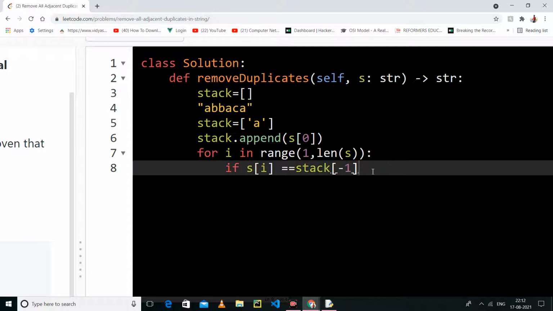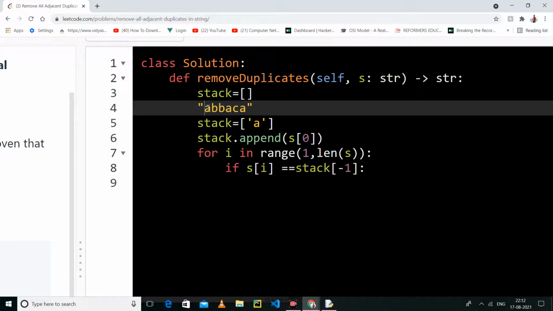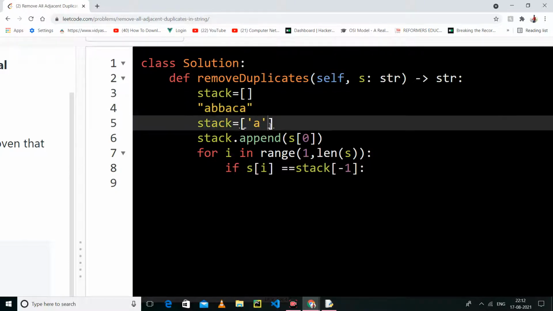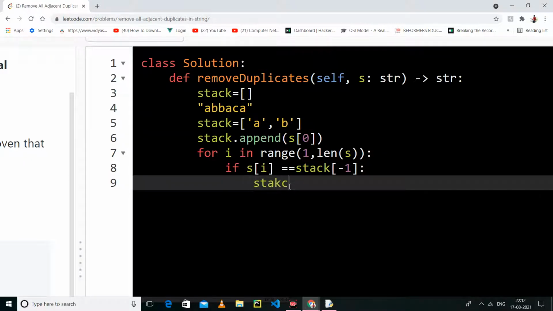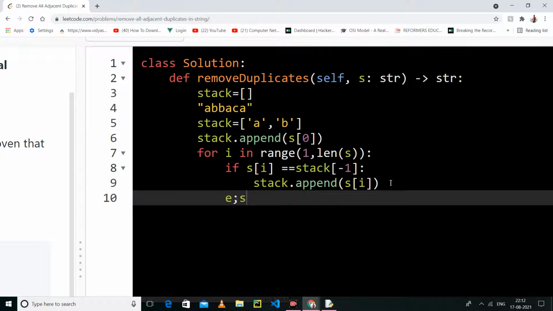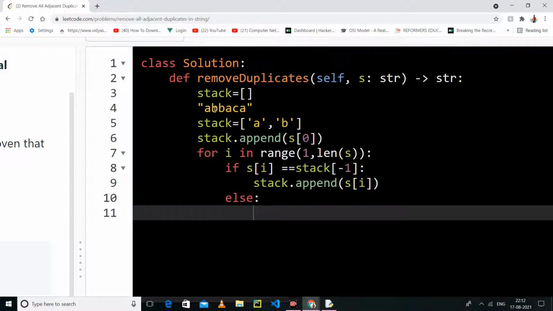If it is not the case, it means a we have inserted, now we have to insert b, so we have to append the current value, that is s of i. Just assume that I have inserted b.